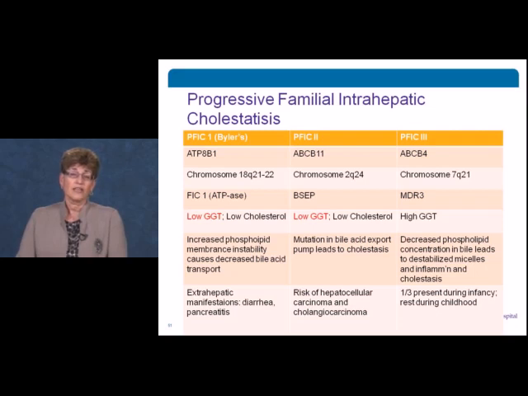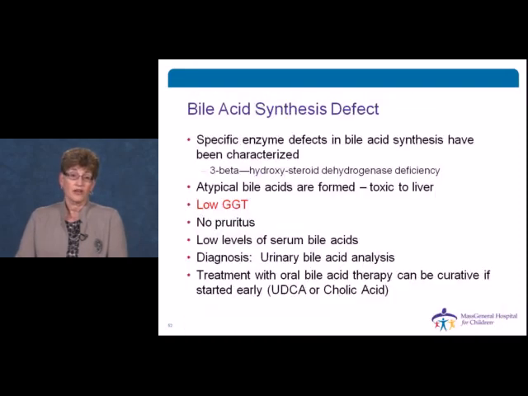It's unlikely to be any of the other diseases associated with it, except for the next one that we're going to talk about, which is the bile acid synthesis defect. So again, this has been discovered in the last 20 years. There are specific enzyme defects. The 3-beta-hydroxysteroid dehydrogenase deficiency was, I believe, the first one that was found, and there are other ones now which have been described. As a result of these deficiencies, atypical bile acids are formed,